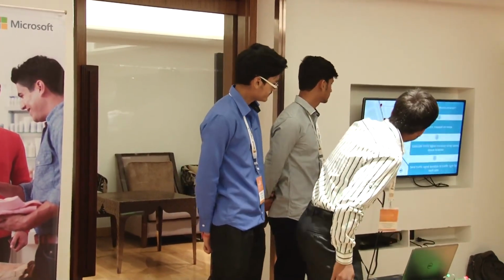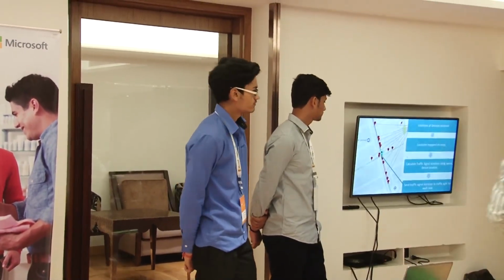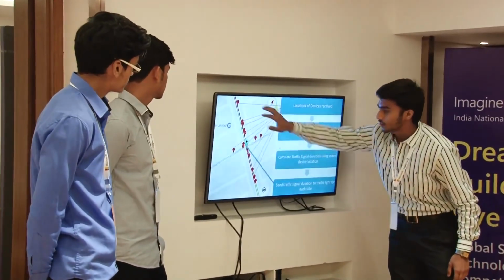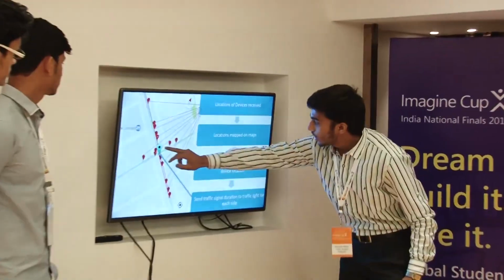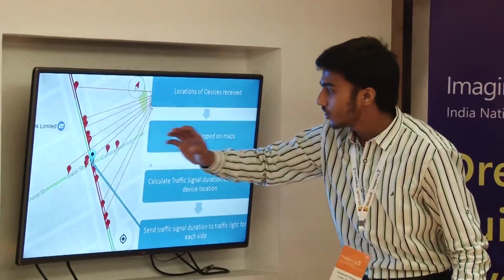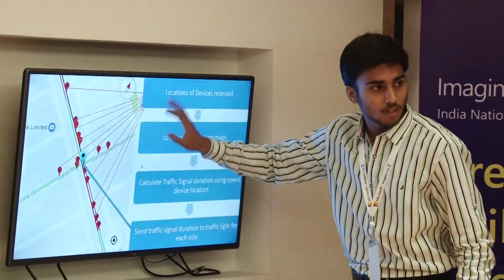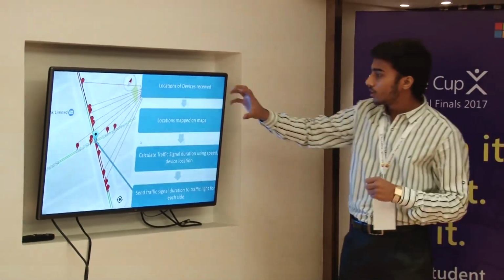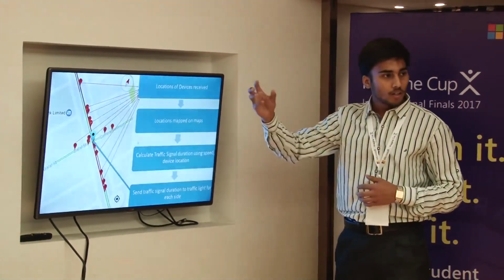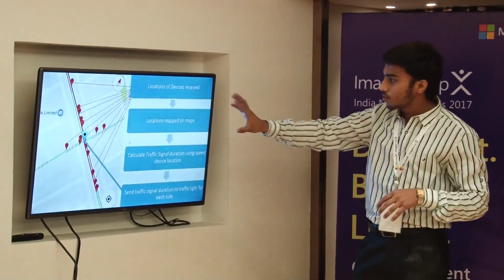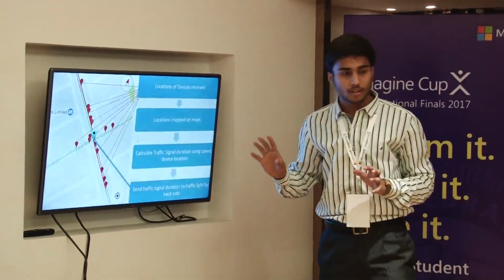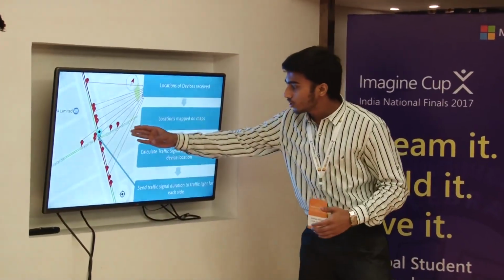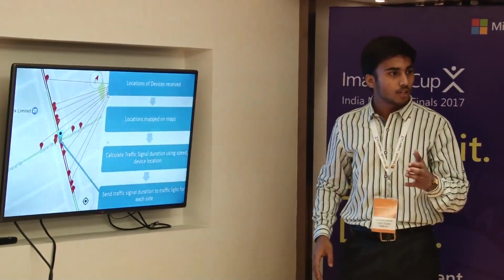Let's assume there is various traffic here, as shown by this diagram. This is a traffic junction and this is a traffic light. Various vehicles are present all over the lane. Each person's device will send its signal to the cloud. Then the cloud will automatically assign these to a map, and all these devices will be mapped on a map. Then an algorithm will run which will calculate the number of devices and the speed at which they are moving,